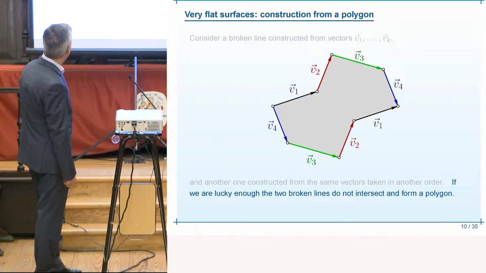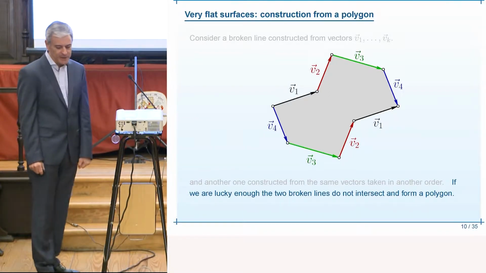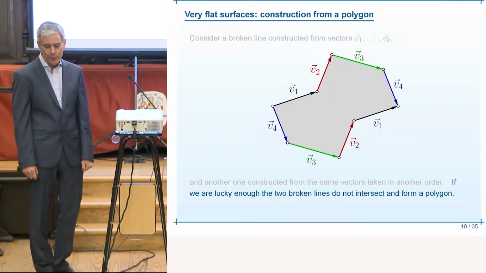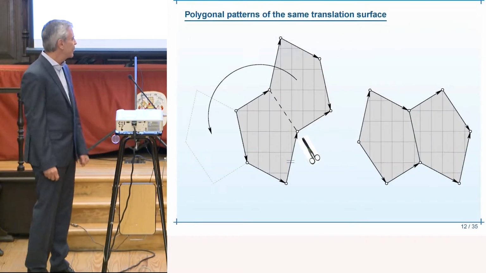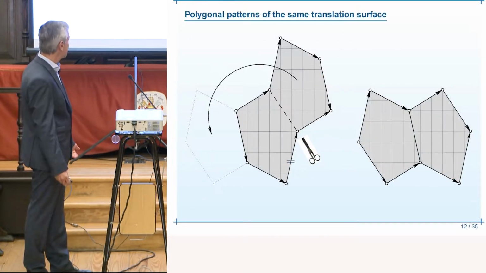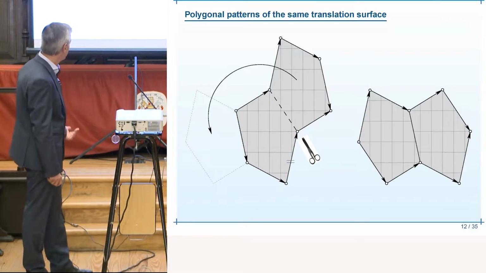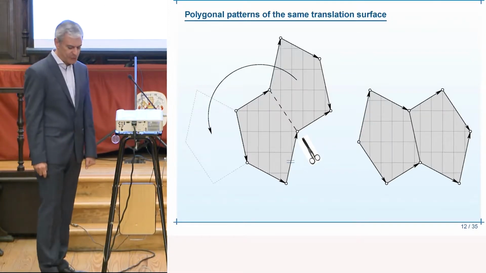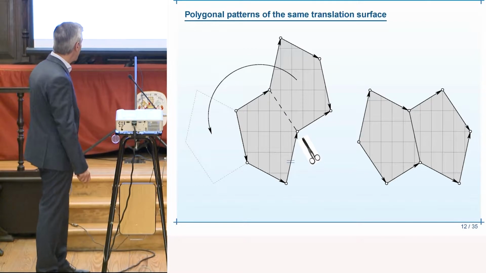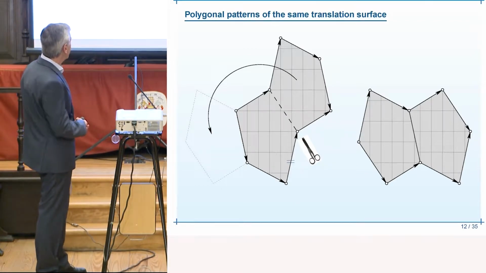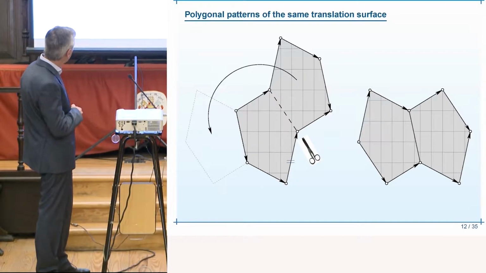Now, I note that I really insist that we're working not with polygons but with surfaces. Because the very same translation surface which we obtain by gluing these corresponding pairs of sides can be unwrapped to a polygon in many different ways, because if you glue a surface from this polygon, you take